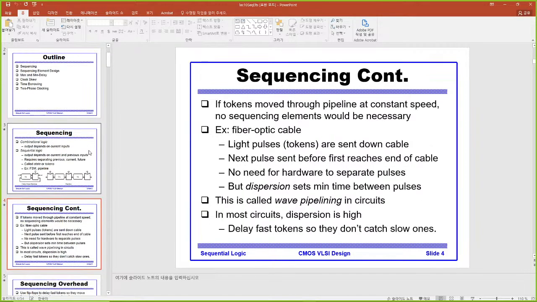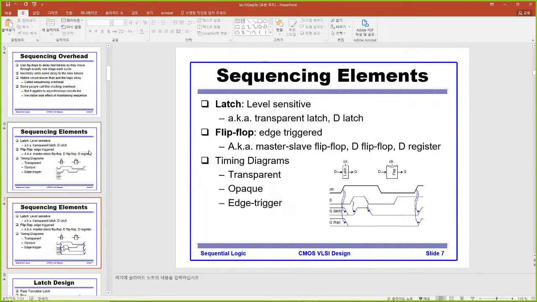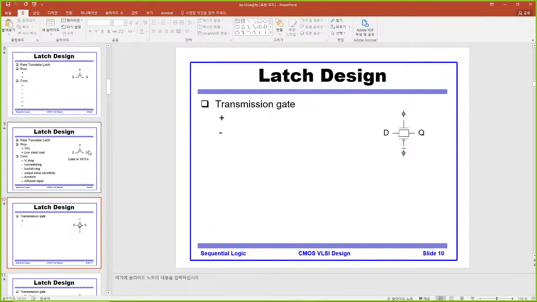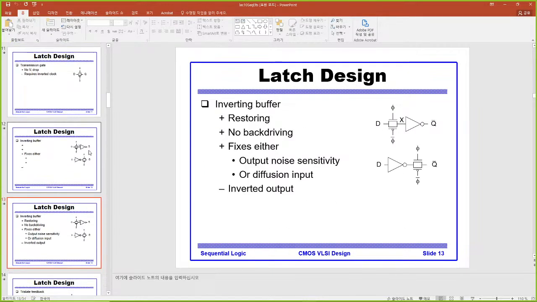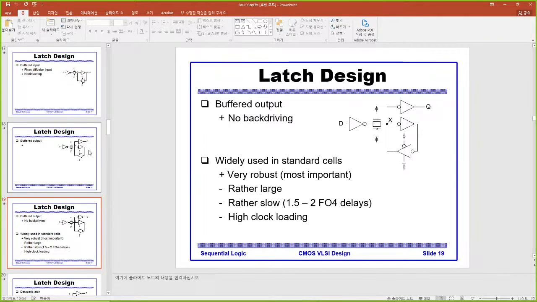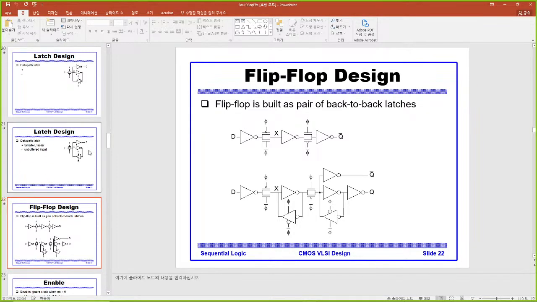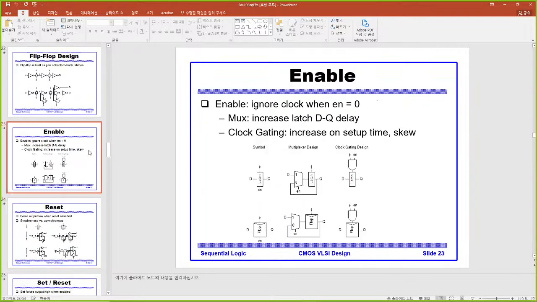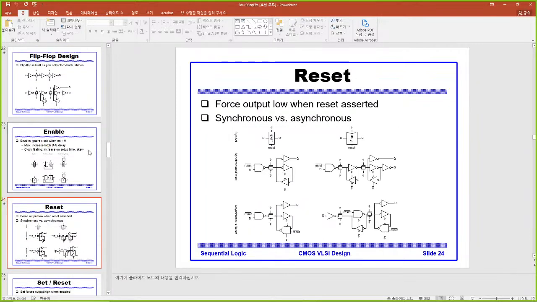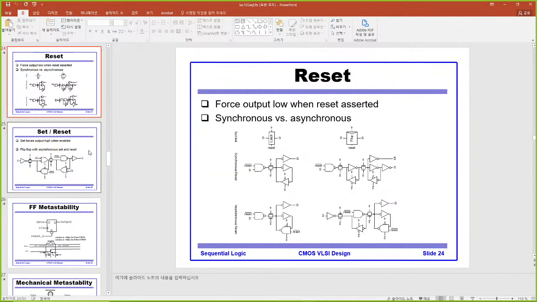In this chapter, we have to understand how we calculate the timing. The timing calculation seems straightforward. This is how we construct the latch and flip flop, which you guys probably know well. Most of the case is how we design and how we calculate